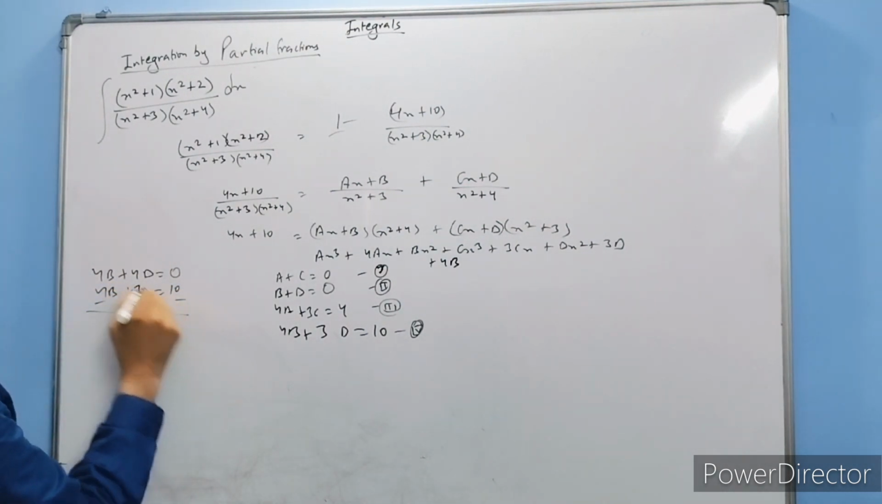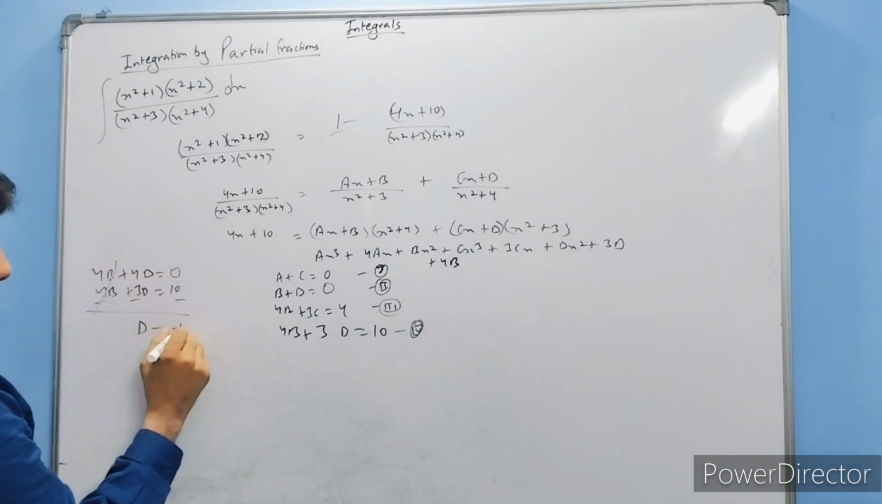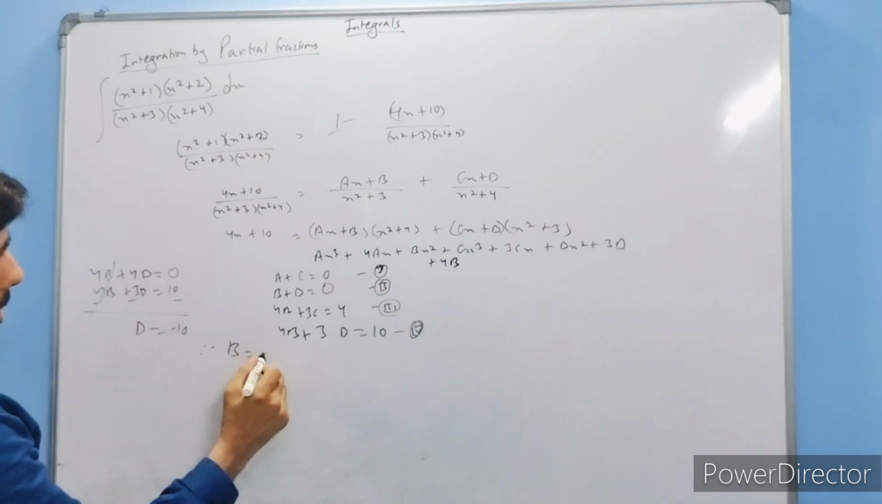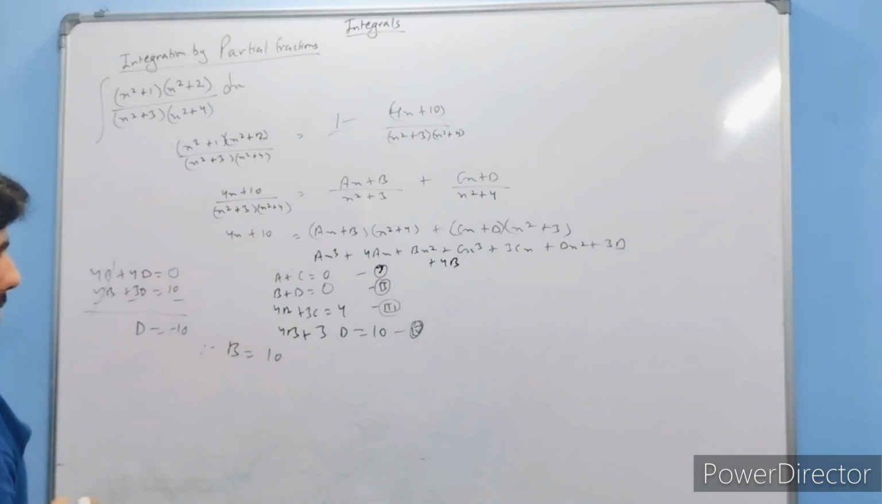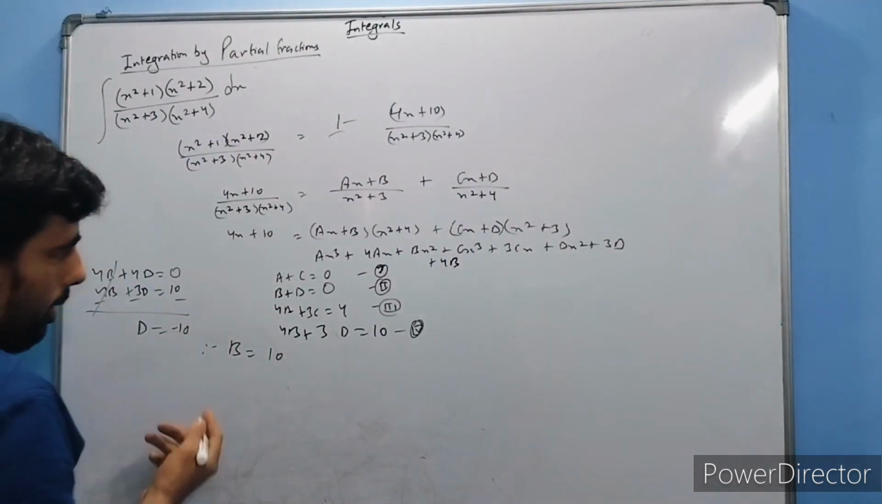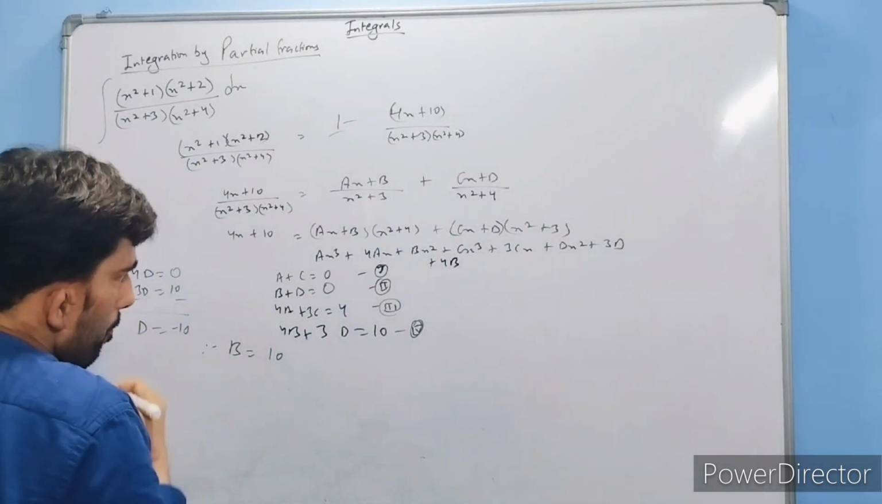So what I got here is d is equal to minus 10. Therefore b will be 10. So I got two values here, b and d. Now after getting b and d, what we can do